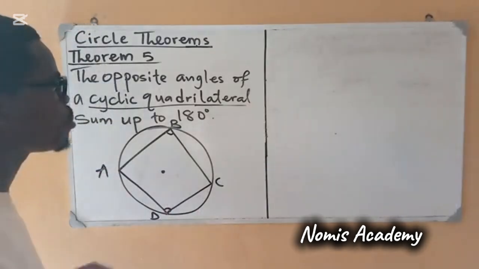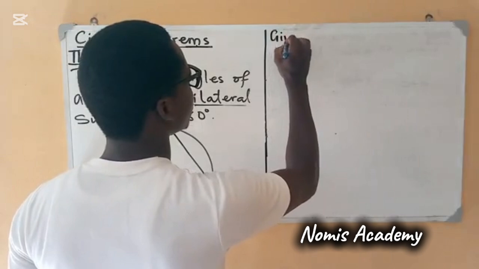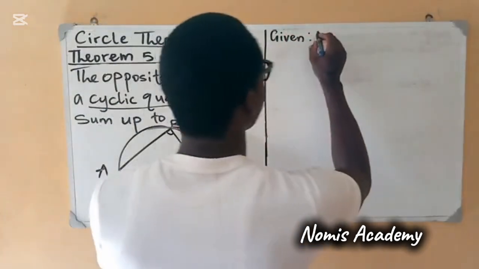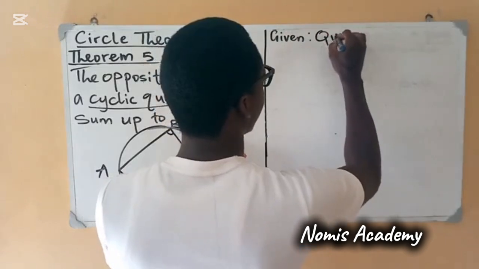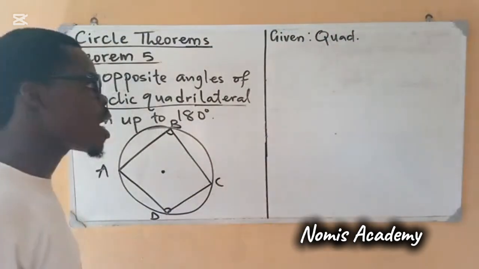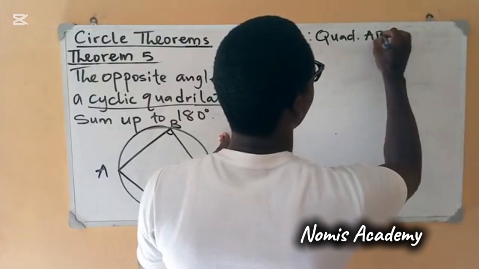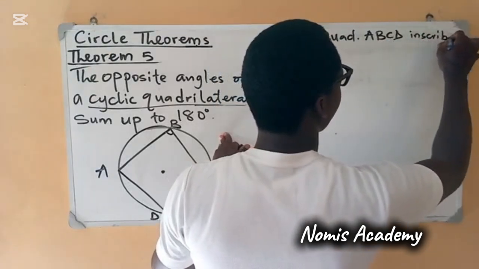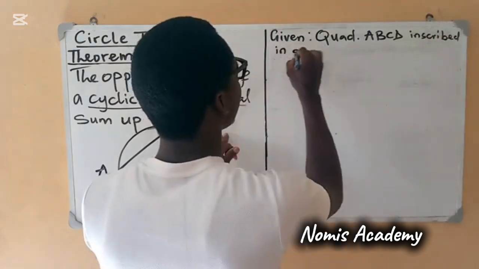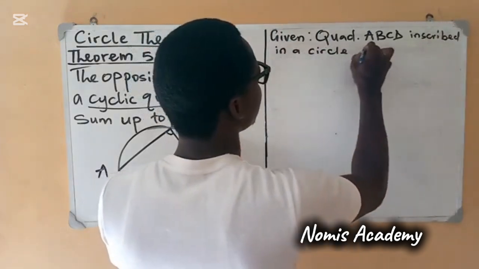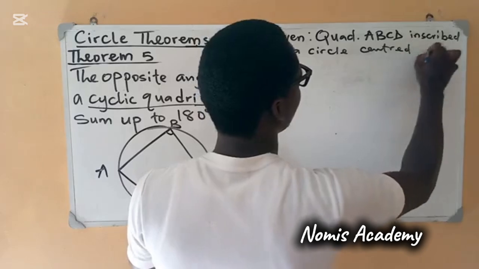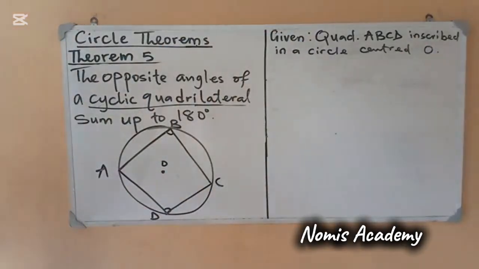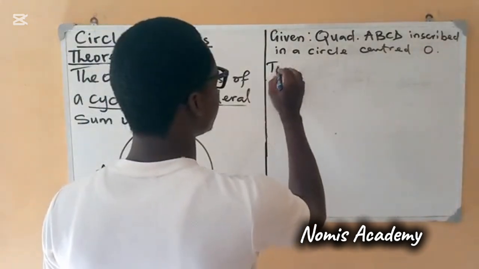So now let's start the proof. Okay, we are given a quadrilateral, I'm using the short form quad, ABCD, inscribed in a circle centered at O. Okay, now we are to prove that